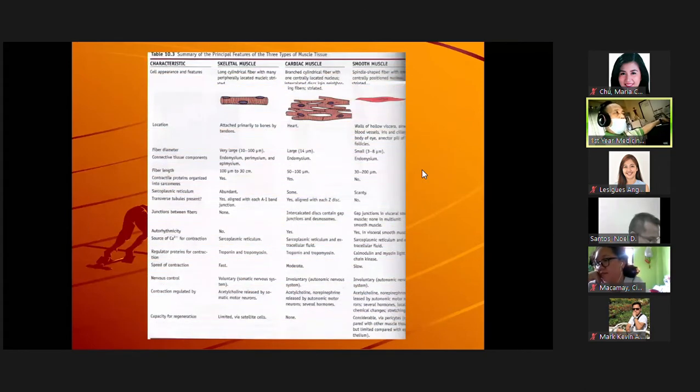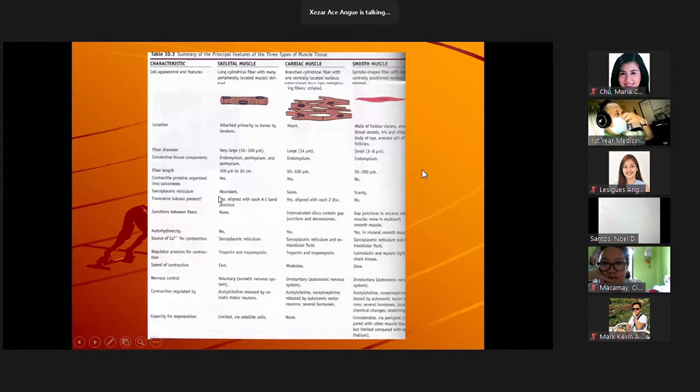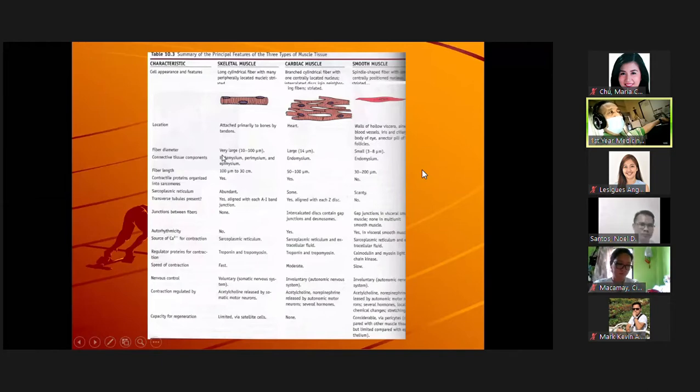So these are the differentiating points of your skeletal muscle, cardiac muscle, and smooth muscle. I would like you to know the differences. This is found in your book, whatever edition of your Junqueira, or even your Paulina. You will have to know first the appearance. Skeletal muscles are long cylindrical fibers